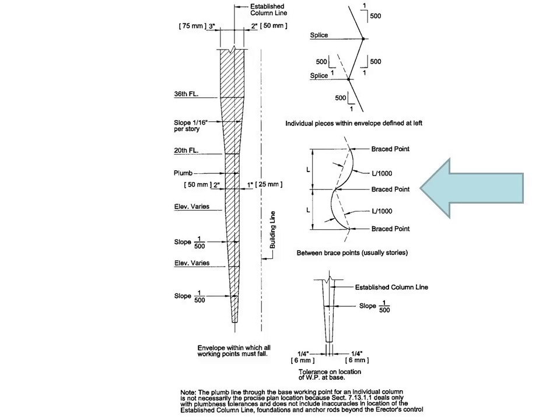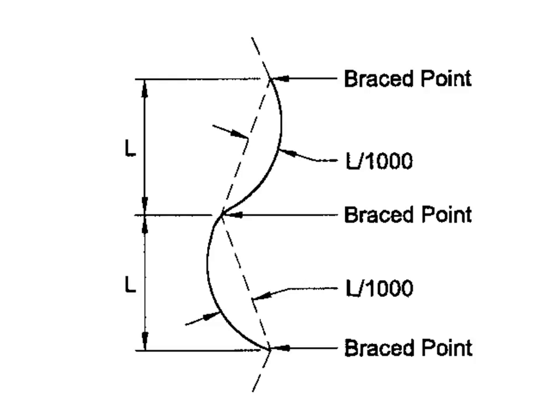Now in the middle right of the page, you can see the initial curvature of the column illustrated. Let's blow that up as well. And you can see what the code assumes and what design is based on is an initial curvature of 1 in 1,000. In reality, ASTM A6 for W shapes, as an example, has a slightly different formulation today that results in about 1 in 950. But 1 in 1,000 is what the code is still based on. There's a little bit of an out of phase there between what was updated in A6 and what's in the code. That'll be fixed over time.